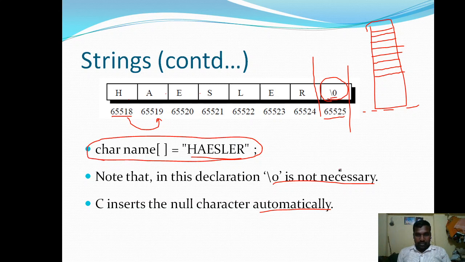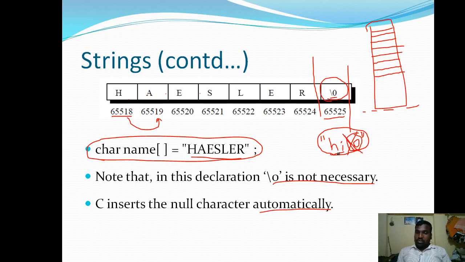For example, "hi" is the string that is surrounded by quotes. So this is a string with 2 characters and \0 is the termination symbol. But this cannot be used, because this null character is somewhat confusing.